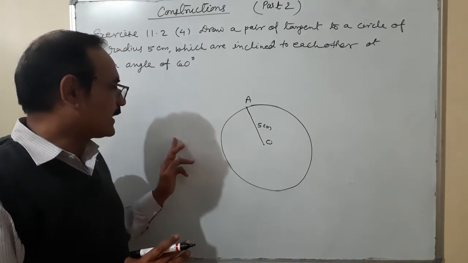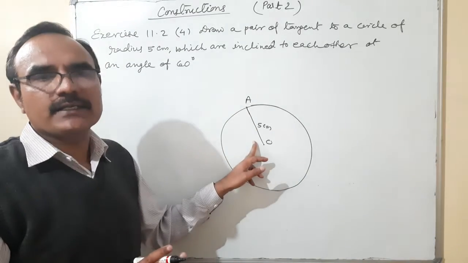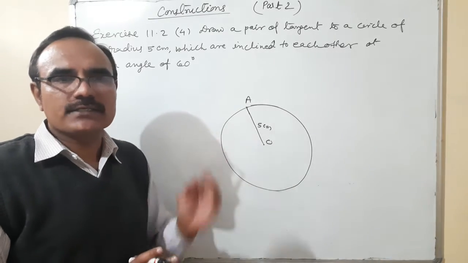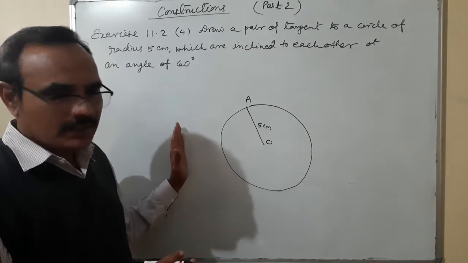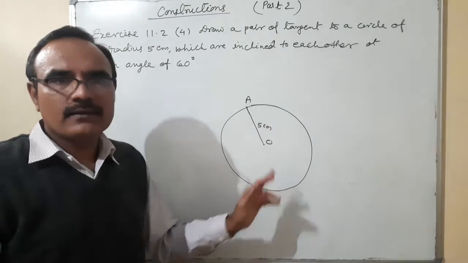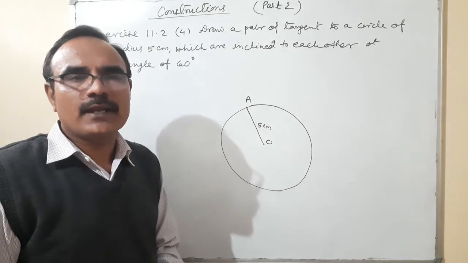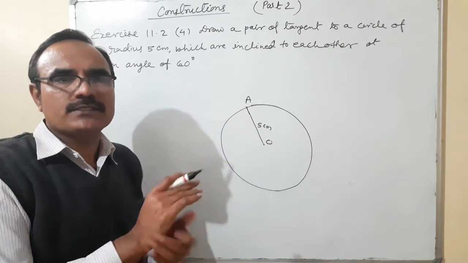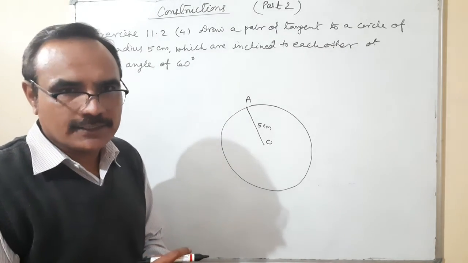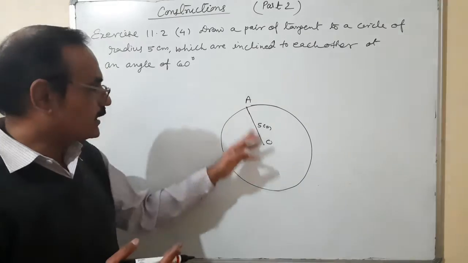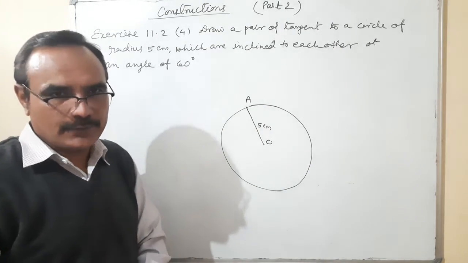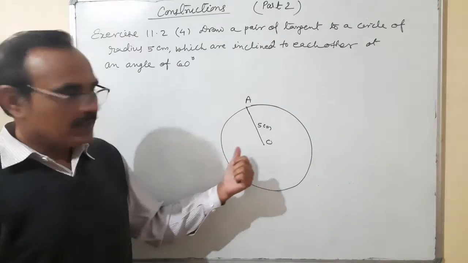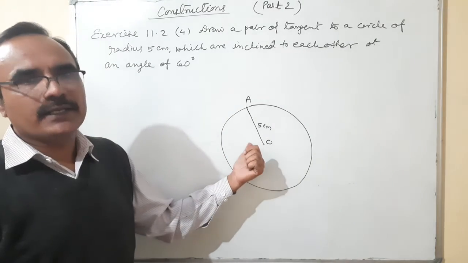Okay, and this angle and the angle which is subtended at the center, the sum of these two angles is equal to 180 degree, isn't it? So if this angle is 60 degree, then what would be the value of this angle? The value of this angle will be 120 degree, because 120 plus 60 is 180 degree. Okay, because we know that in this quadrilateral the sum of these two angles will definitely be 180 degree. For making 60 here, we'll have to make a 120 degree angle.